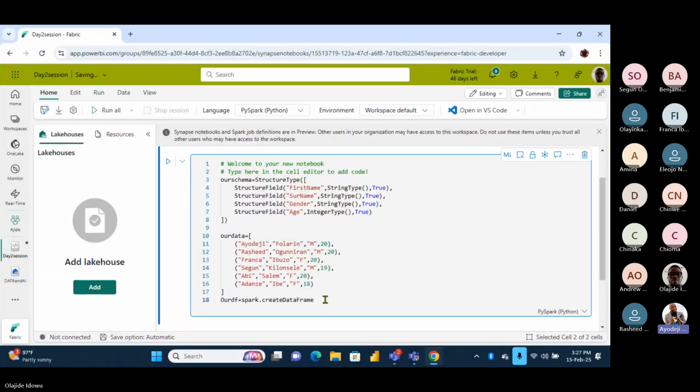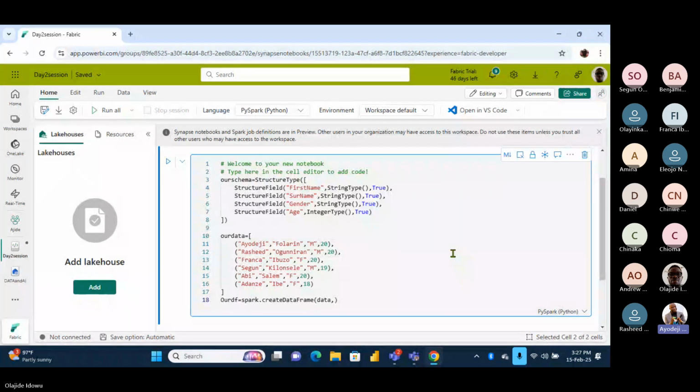So just type our DF equals spark.createDataFrame. We are creating our data frame.